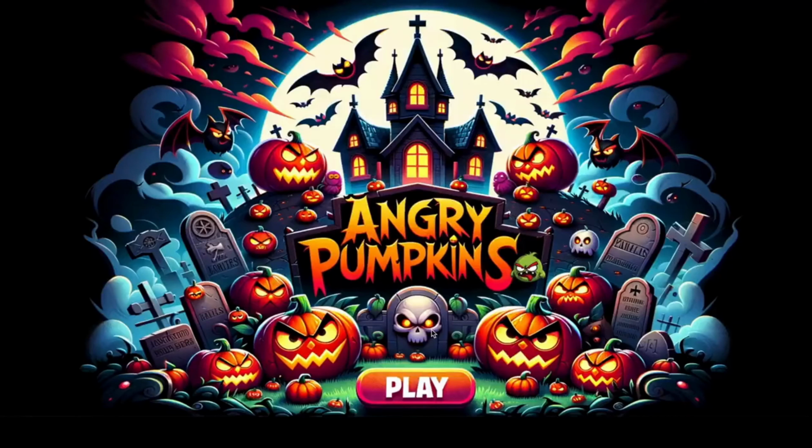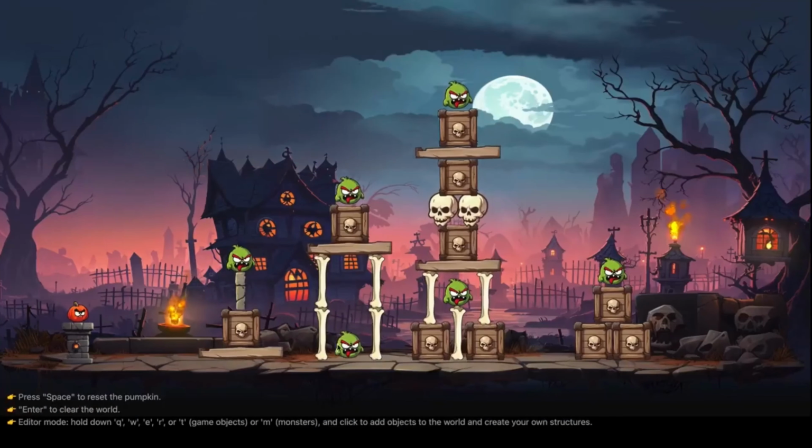Then I just wanted to show this real quick. This is a game. It's basically a copy of Angry Birds, but the guy that made this game didn't know any coding or was not a graphic artist or anything, and he was able to build this game in a few hours using AI, ChatGPT, and I think Midjourney was used for the graphics.